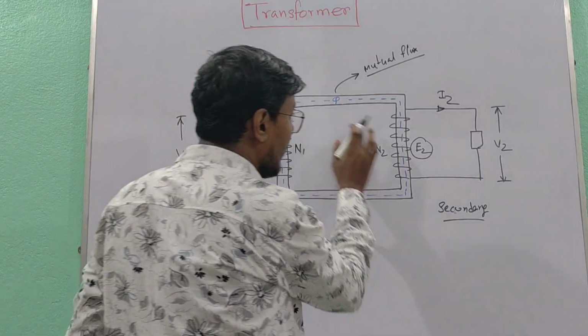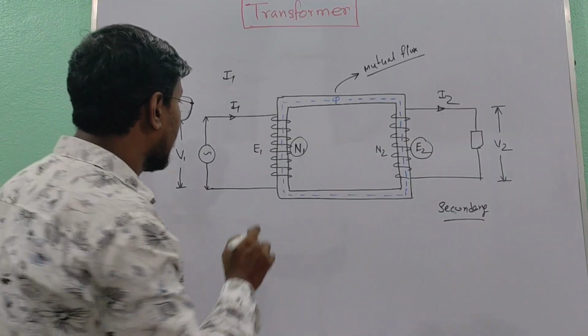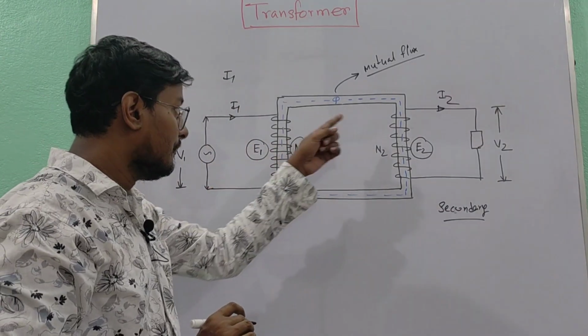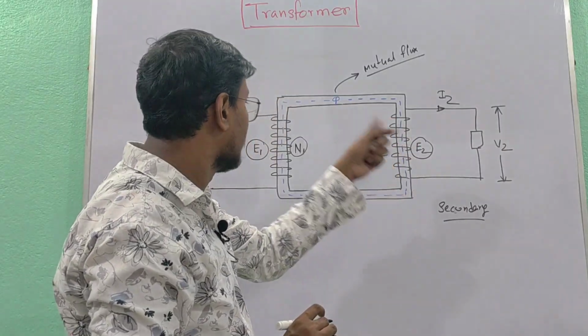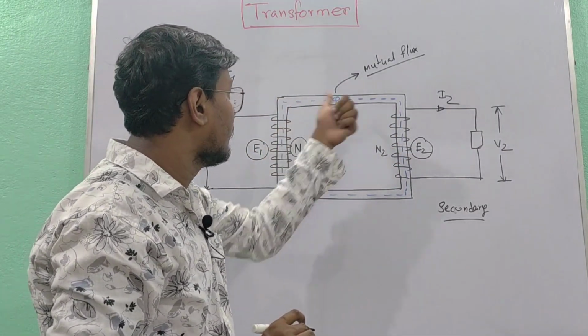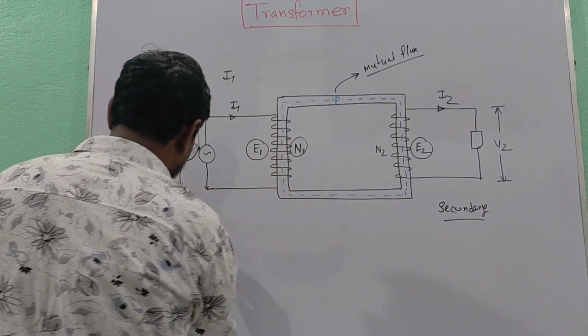Now this flux phi will not only link with the secondary but also links with the primary. Because of that, one EMF will be induced, which is called E1. So like E2, E1 will also be generated because of flux phi. So as per Lenz's law,